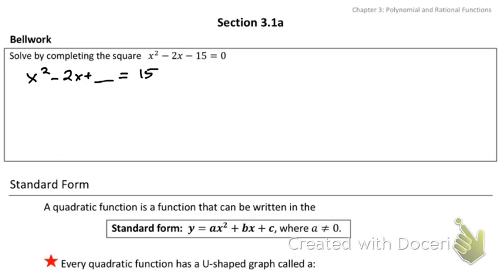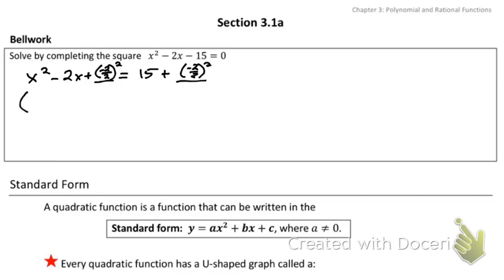Mary? Well, it's 1 because you do -2 divided by 2, and then you square that. But to keep it balanced, I have to add the same thing to the other side. So we'd have -2 over 2 squared on the other side. All right, when I complete the square, I never ever finish this squaring thing, because what we're going to do